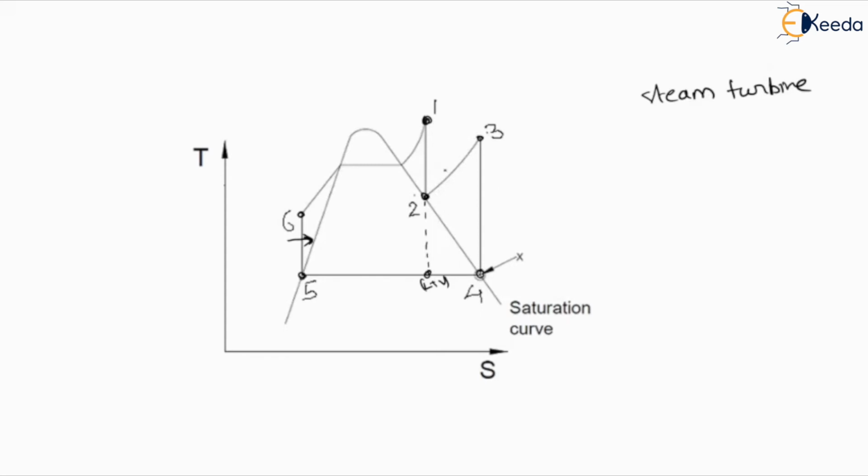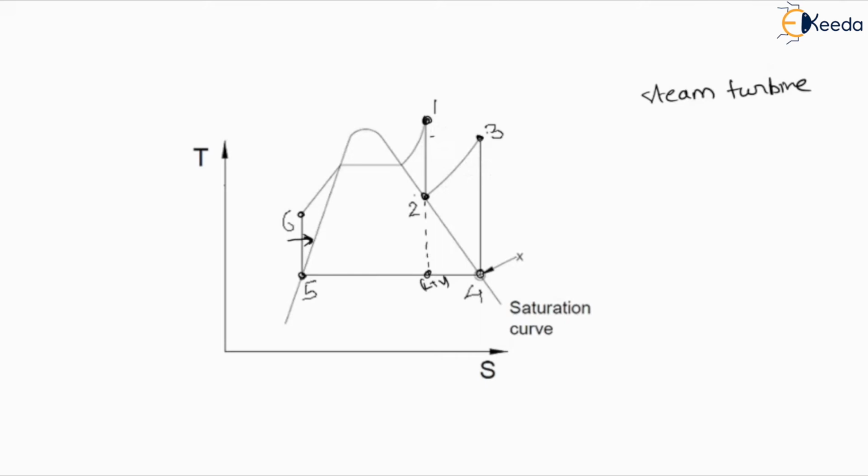But here it is difficult to attain the same pressure. You can see the difference between points 1 and 2. After dry saturated steam, it is not easy for us to get the same temperature. So this temperature limit will be lower than the previous one. It is difficult to attain a higher temperature, or a temperature more than the temperature at point 1. So here we will again get superheated steam, but at a lower temperature.